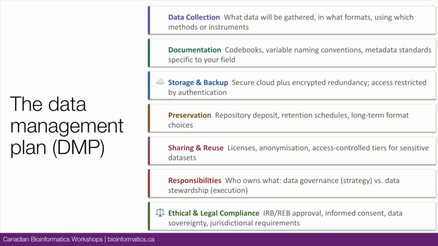And so the data management plan, and the rest of the team will walk you through a little bit more detail. It's really about the data collection: what you gather, the format, the instrument, which filters you use on the flow cytometer and things like that. The documentation: the code books, the standards that are specific to your field or your research. Storage and backup: I mentioned, if it's human data, it's going to need to be encrypted. You may need to say, I'm going to retain it for a specific length of time. So how do you preserve the data? For example, OICR has a policy where after 7 years, we're supposed to delete data we don't use anymore.